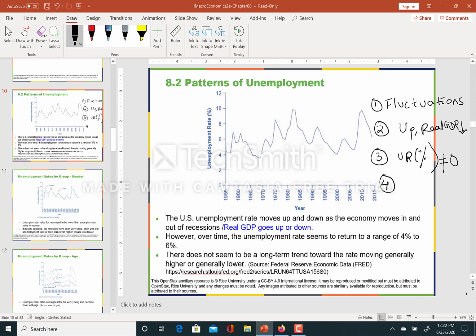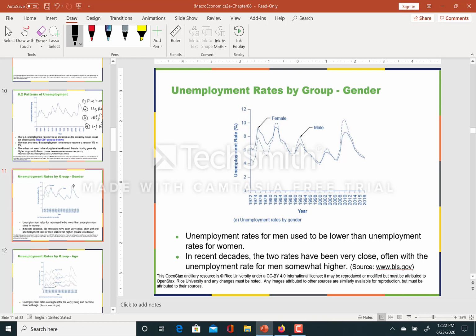Number 4, what I really see here is we have all these fluctuations, and I see there is a tendency for the US unemployment rate to fluctuate around 4% to 6%. Okay. Now, if I look at unemployment rate by gender from 1972 to 2016, the female unemployment rate was